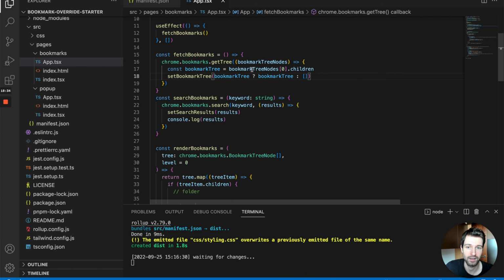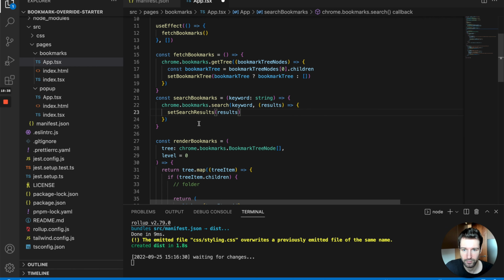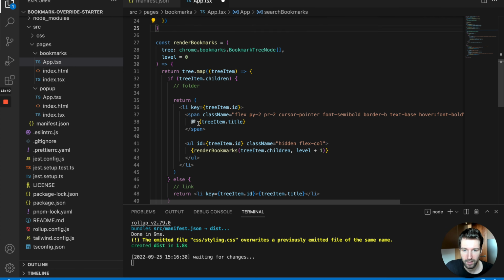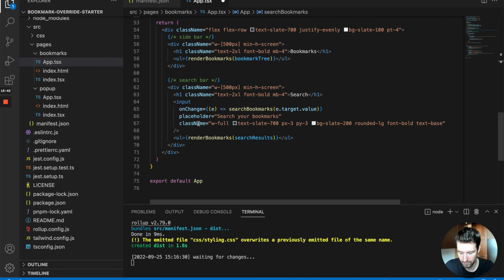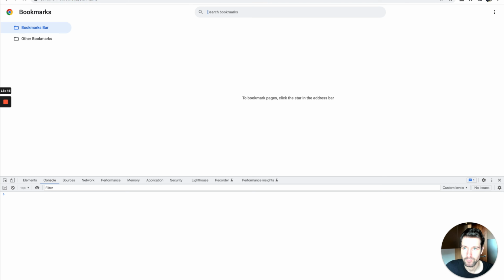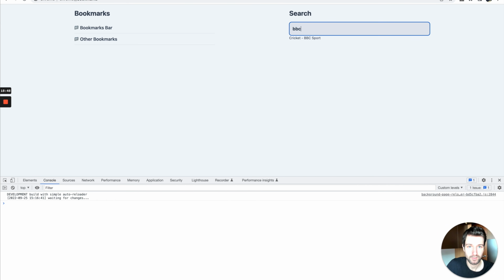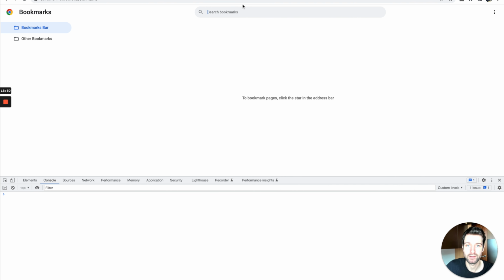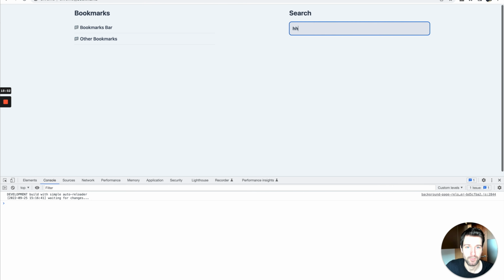We could put that directly in here, but that just looks a little bit clearer. We're going to remove our search results as well. And what we're going to do, if we go up here, is refresh this, and let's do another search. Okay, so we can see now that this is loading our results, and it has the same format here